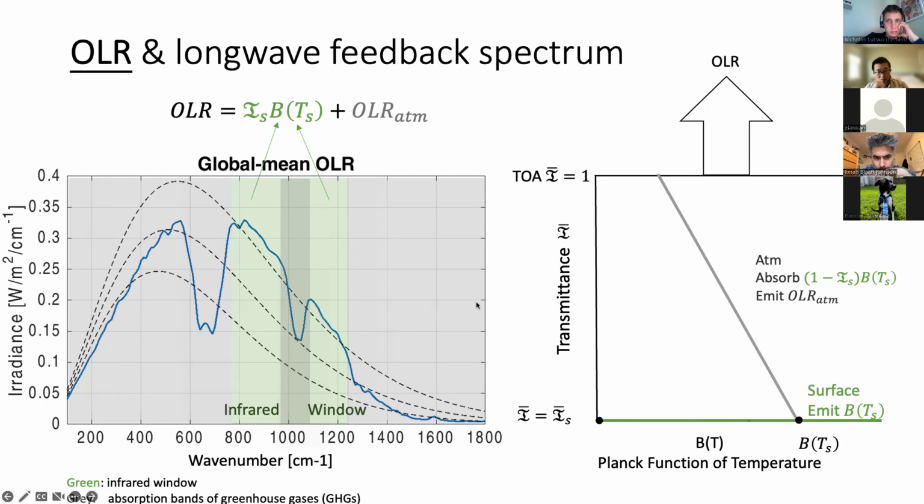We can then have a deeper look at the OLR by breaking it down into the infrared spectrum, as shown in the left figure in blue. Higher values in the spectrum compared to the dashed curve in the background mean that the atmosphere is transparent to greenhouse gases. Those spectral ranges are called the infrared window, and the OLR in the infrared window is largely controlled by the temperature of the surface. Other spectral ranges are sensitive to absorption by greenhouse gases, such as water vapor, CO2, CH4, N2O, and ozone. These absorption bands are more sensitive to emissions sourced from the atmosphere.